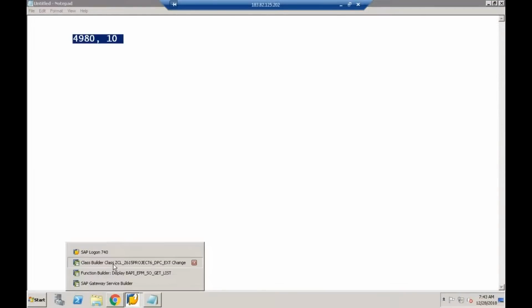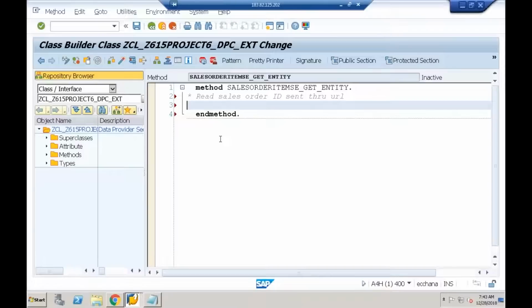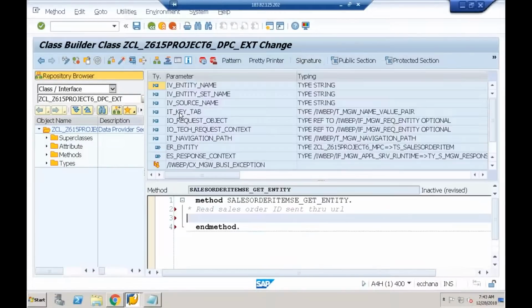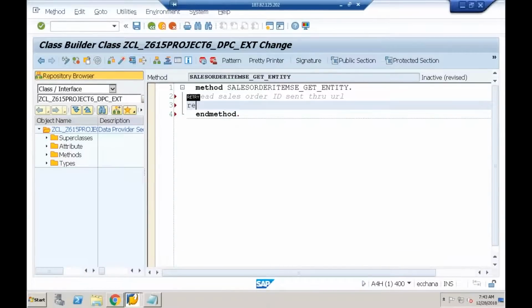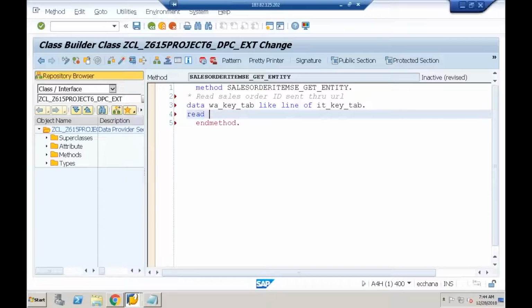So here, first I'll read the sales order ID sent through the URL. What is the parameter which will carry that? We have seen that many times. It is IT_KEY_TAB. So let me read it. I require a work area first. DATA w_key_tab LIKE LINE OF it_key_tab. Read the internal table: READ TABLE it_key_tab INTO w_key_tab